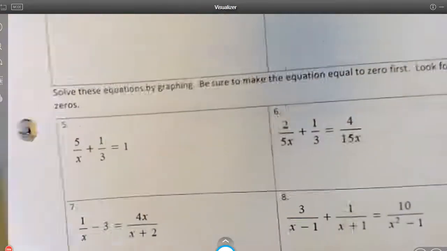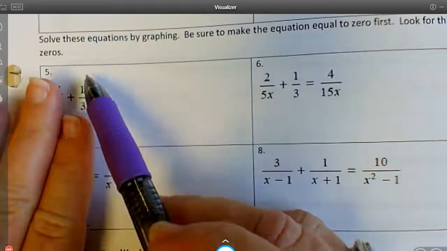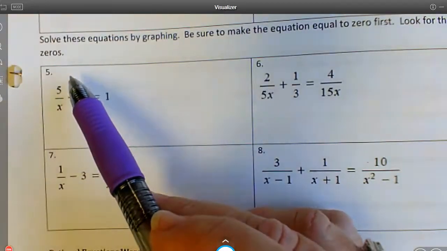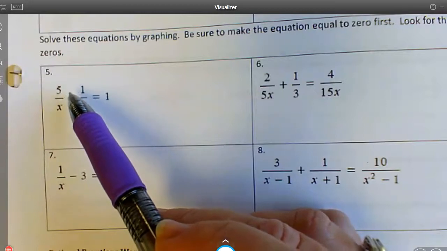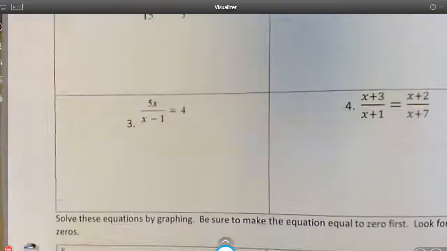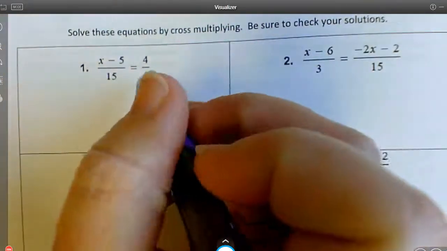But if you look at 5 through 8, it's not like that because it's not a fraction equal to a fraction. What you have to do on 5 through 8 is make it a fraction. So you're going to add or subtract and then do the cross multiplying thing. Okay? So on number 1, whenever you do cross multiplying,